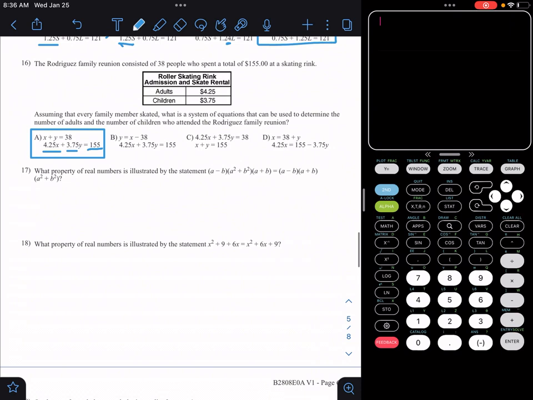Alright, let's look at 17. What property of real numbers is illustrated by this statement? Ooh, let's see what's happening here. Well, I see everything that's inside of the parentheses is the same. The only thing I see here is different is the order changed. Because I used to say A minus B, which A minus B is still the first thing. But then the A plus B went from being last to being second. So the order changed. So we would say commutative